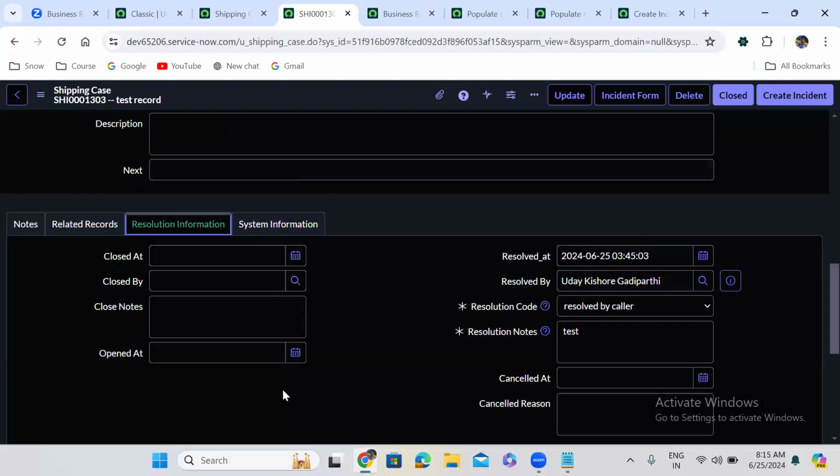Are we using after business rule or are we using async business rule? So we are using async business rule, but still it is working. Okay. So we'll use async business rule. And now let me just change the state to